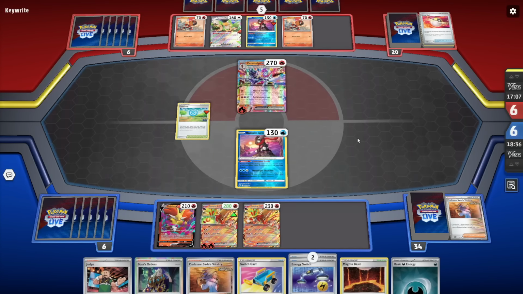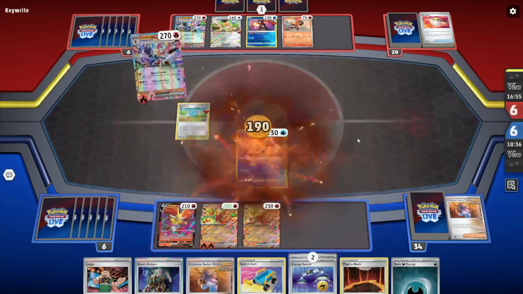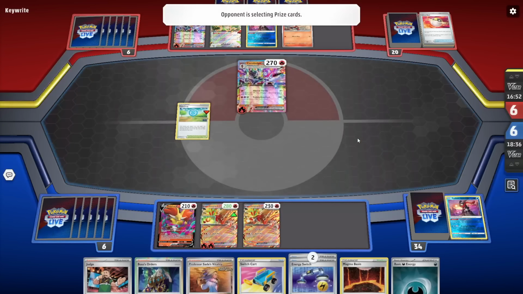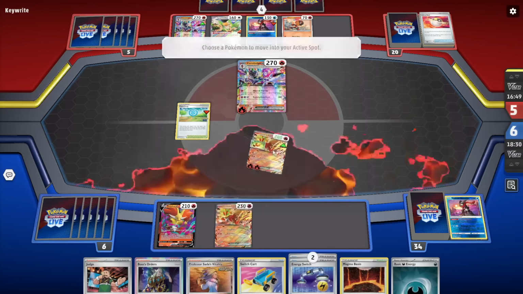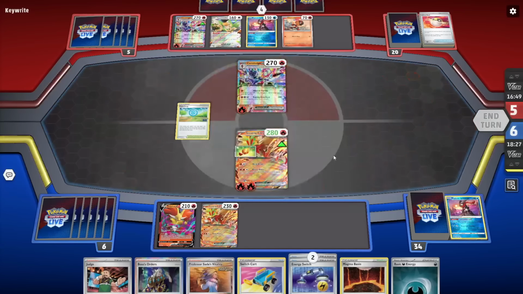Stretcher gets back another Ceruledge for them, so they have re-established those dudes. Also going to attach to the bench, and they're just going to swing and take the single prize KO. That's pretty good for us. That does get us right back in the mix so that we can win in 3 attacks and win a